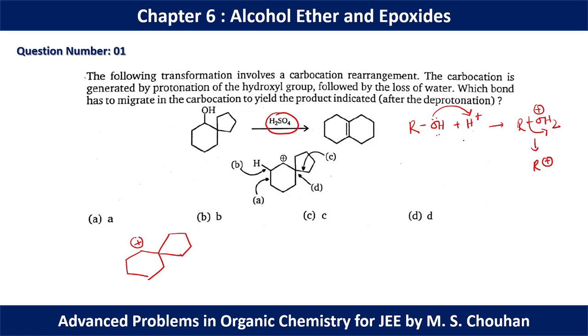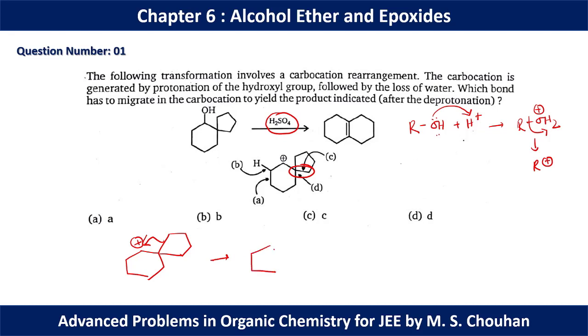Now this carbocation can rearrange itself by ring expansion. We have one 5-member ring. In this case, this C bond will migrate and it will give a 6-member ring. These two bonds are identical. Any of the bonds can migrate to give the 6-member ring. So here this C bond will migrate